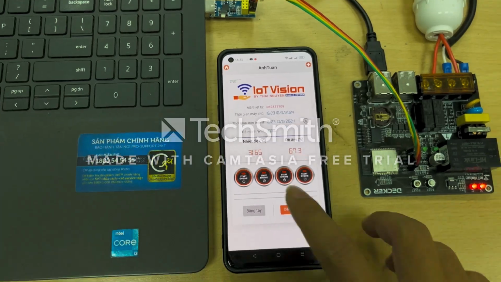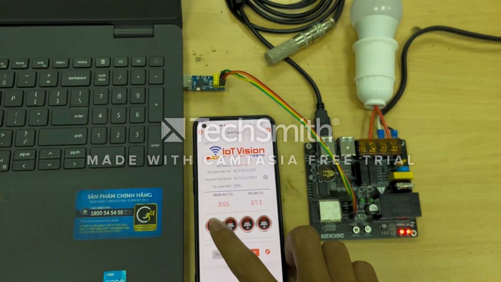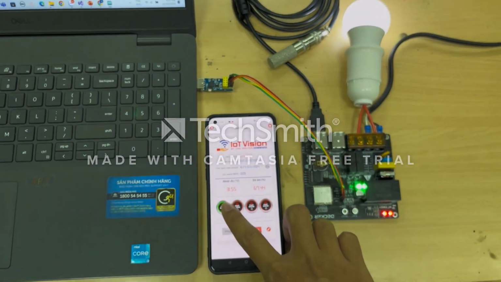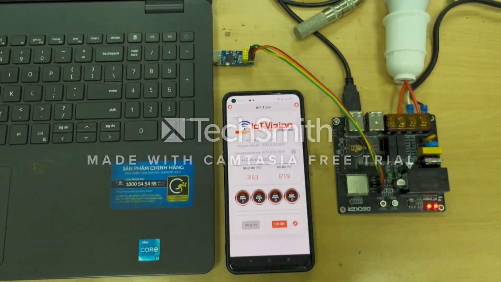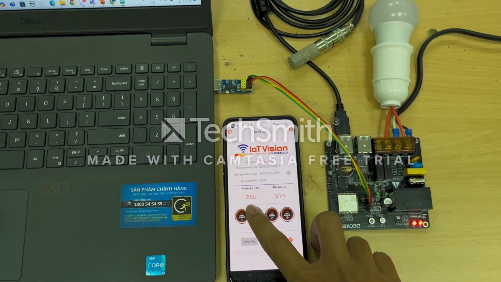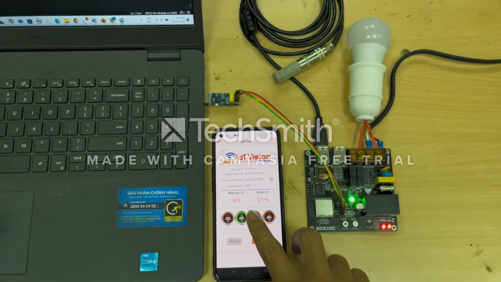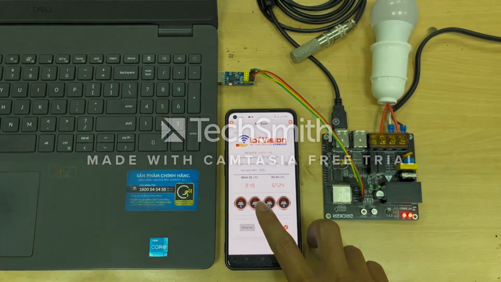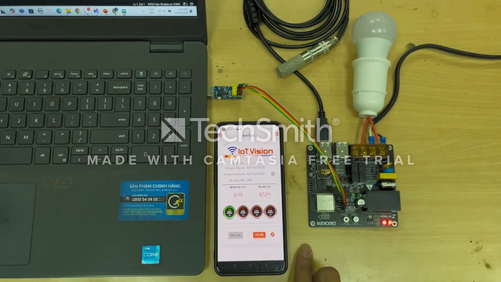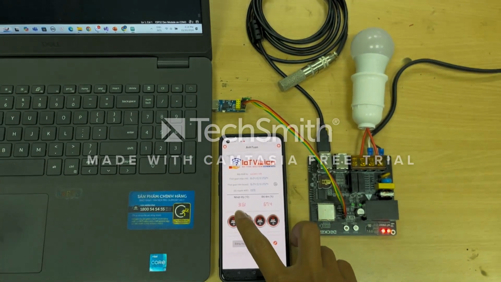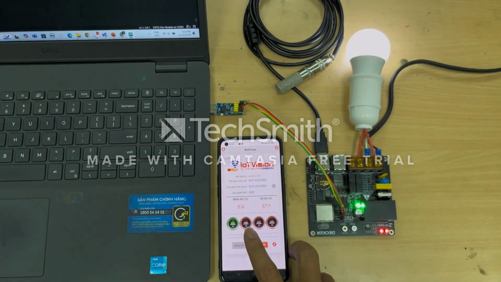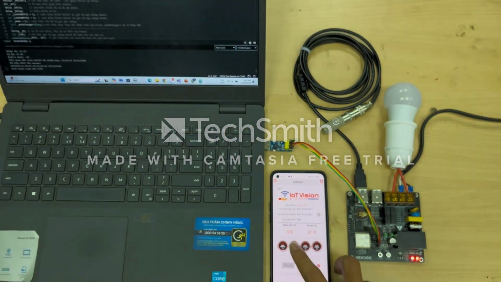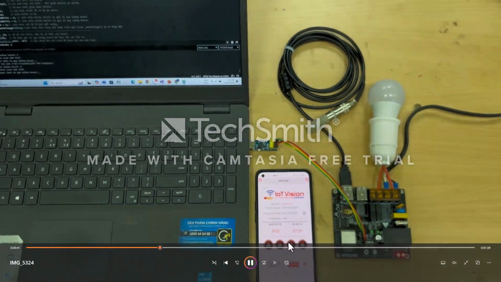After successfully checking the system in auto mode, we rotate to check the system in manual mode. When the loads K1 and K3 are turned on, the light of K1 temperature simulates the system, and K2 humidity will be activated. At this time, the load indicators like K1 and K2 on the app will light up to notify the user that the load has been activated, and vice versa. You can see